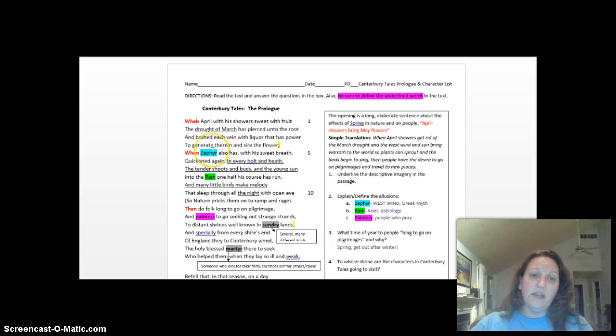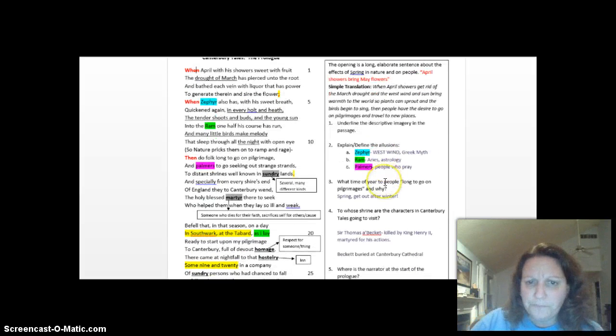Then we have Zephyr in line 5, and this comes from Greek mythology. Zephyr is the west wind. Now, if you think about the west wind in summertime here, the west wind brings the bugs, but it also brings really warm air. So when Zephyr blows in springtime, that's actually a good thing because it's going to warm up the area,